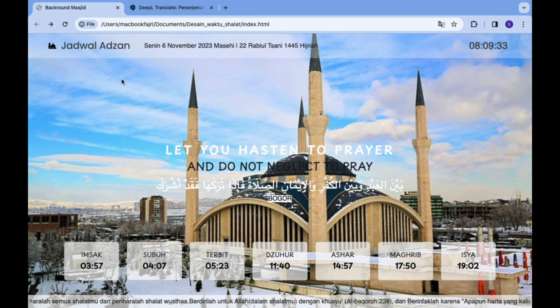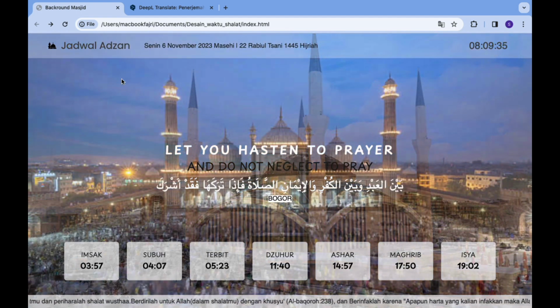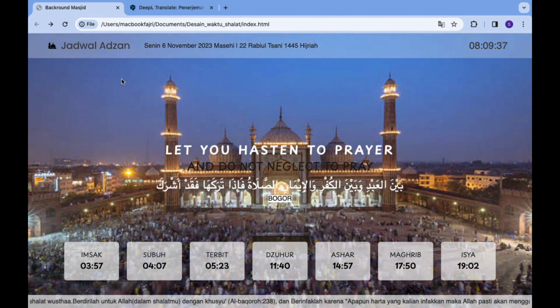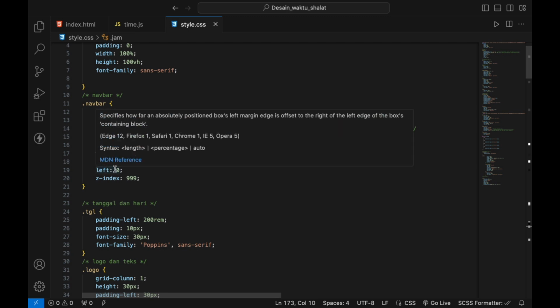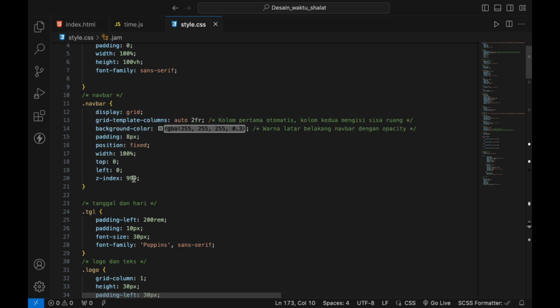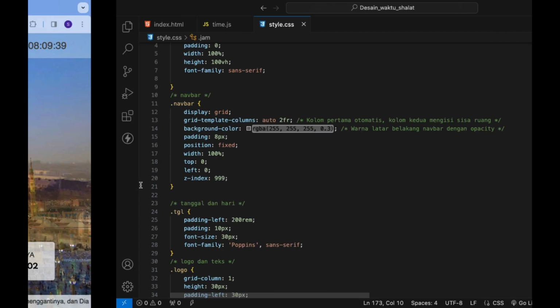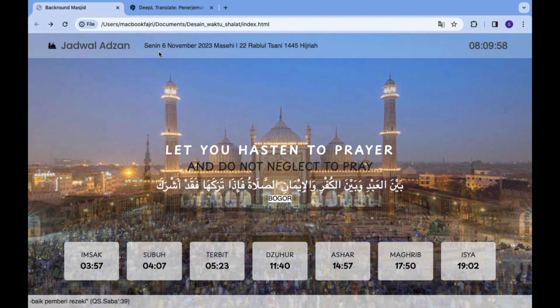This is position fixed, so it does not scroll because the position is fixed, with width 100%, top 0, left 0, z-index 90,000. I don't know.